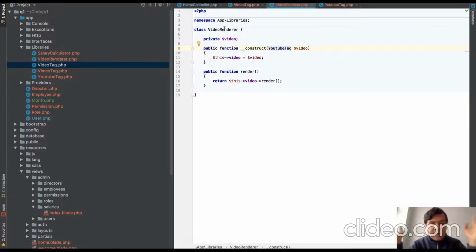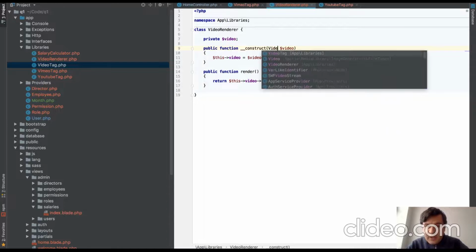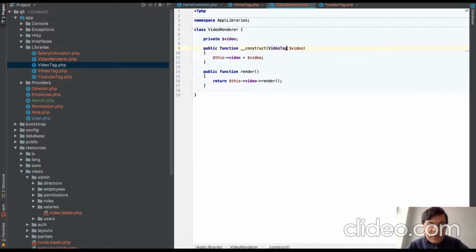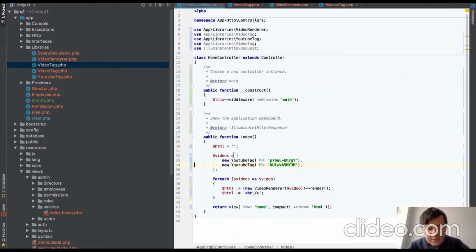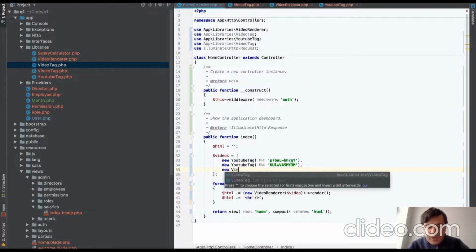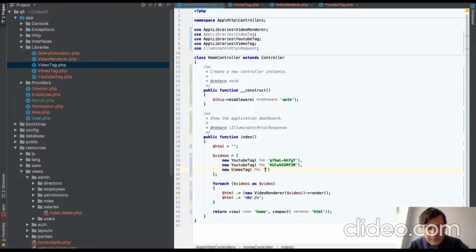It should render anything that we pass. And YouTube tag is a concrete implementation of YouTube specifically. So we need to change that YouTube tag class to video tag, which is higher level,